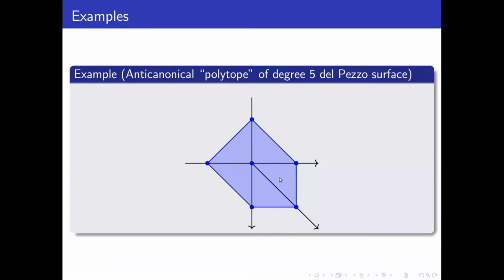This polytope gives actually the anti-canonical polytope for the Del Pezzo surface of degree 5. So I had mentioned that this scattering diagram gave us the space U, which was the complement of the anti-canonical divisor in the Del Pezzo surface. Well, we can take that space U and compactify it again to get our Del Pezzo surface using this polytope. So we would do the same thing as in the toric world. We take the cone over this picture,